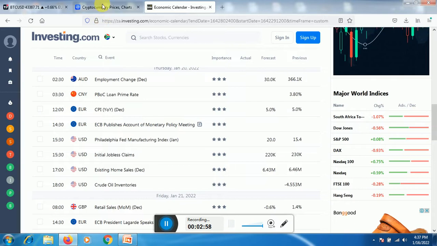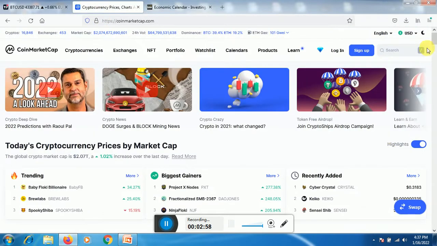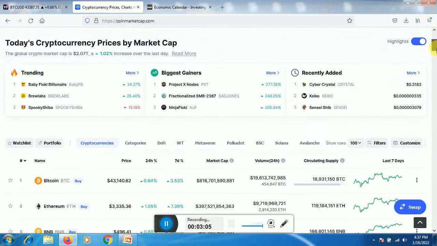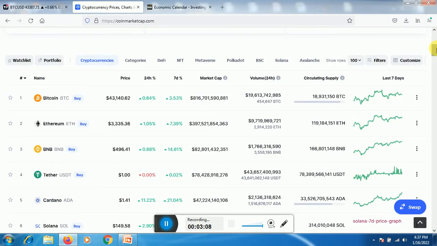So looking at crypto, we've seen that crypto has been really volatile the past couple of days, so we might see some action this week on the crypto. Bitcoin is up 4% the past 7 days, since last Sunday. The past 24 hours it's up close to 1%, and Ethereum is up close to 1.5%, and it's up 8%